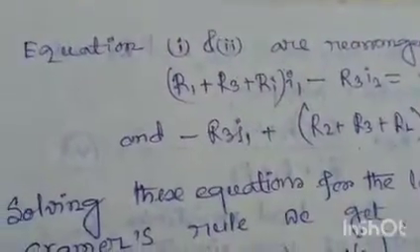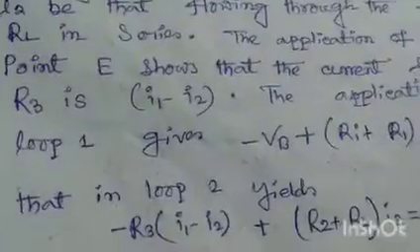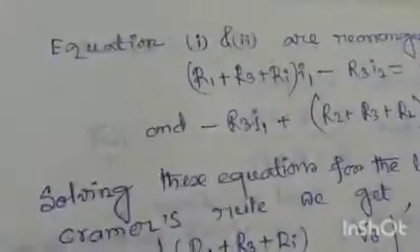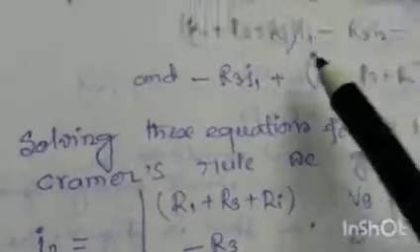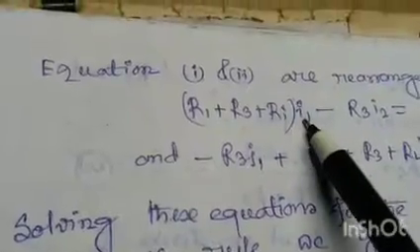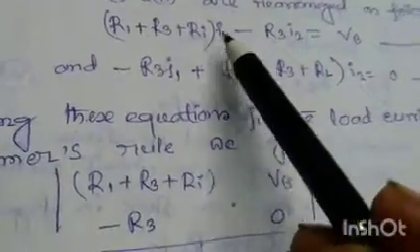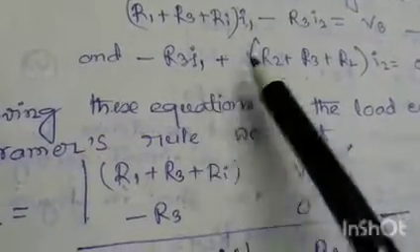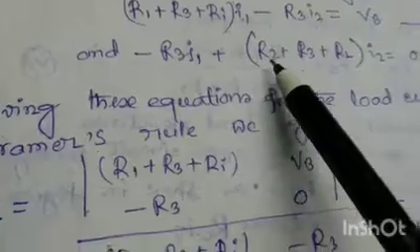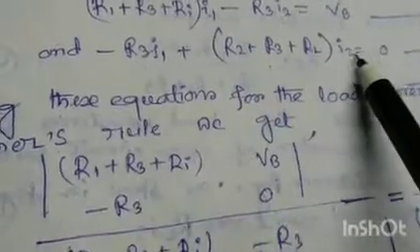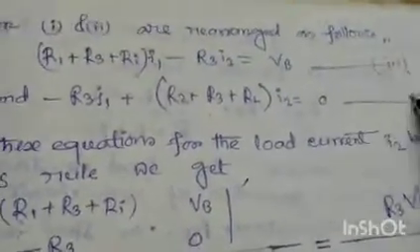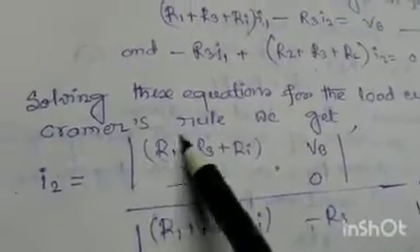So after rearranging equation 1 and 2, this is the equation 1 and equation 2. After rearranging, we get the coefficient of I1 is this and coefficient of I2 is this from equation 1, and from equation 2 the coefficient of I1 is R3 and I2 is this. So this is equation 3 and 4. So solving these equations